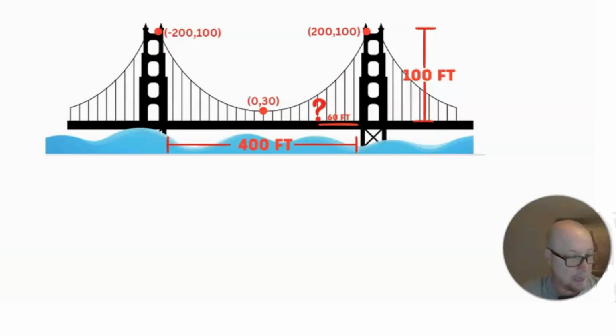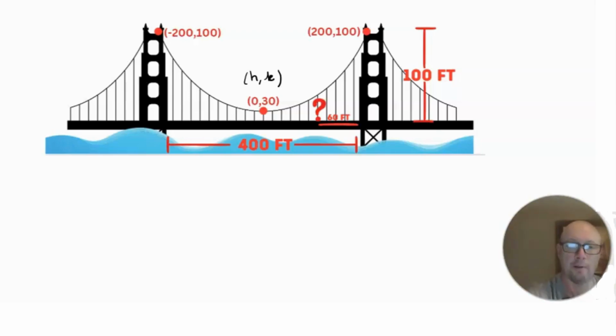Okay, to set this problem up, we're going to use the x-axis as the road on the bridge, and we're going to have the y-axis centered right in the middle at that lowest point where the cable dropped down. So it looks like our center there would be (0, 30). That means our (h, k)